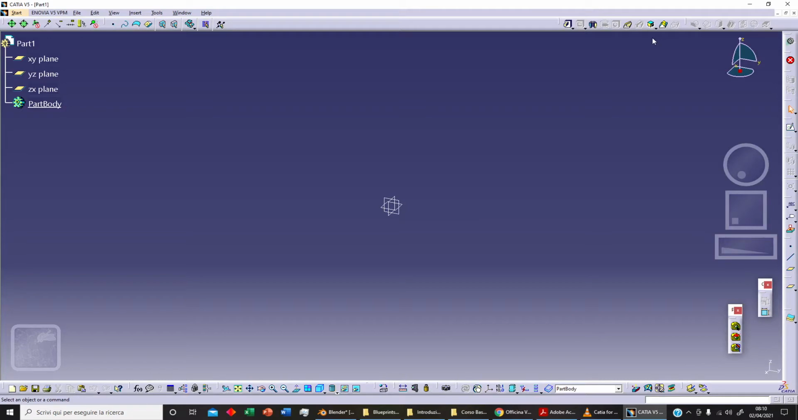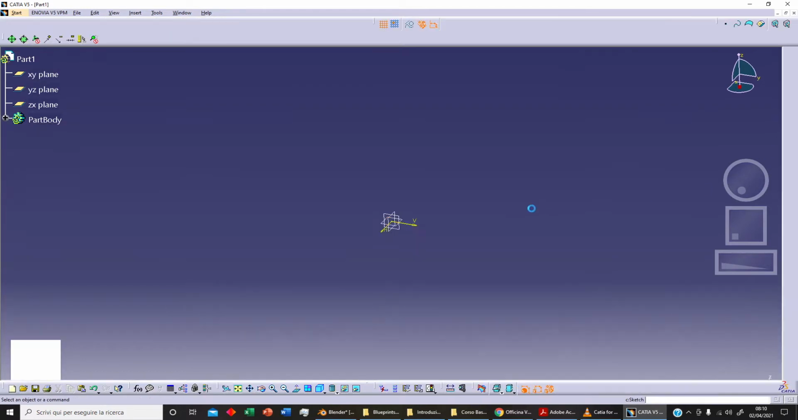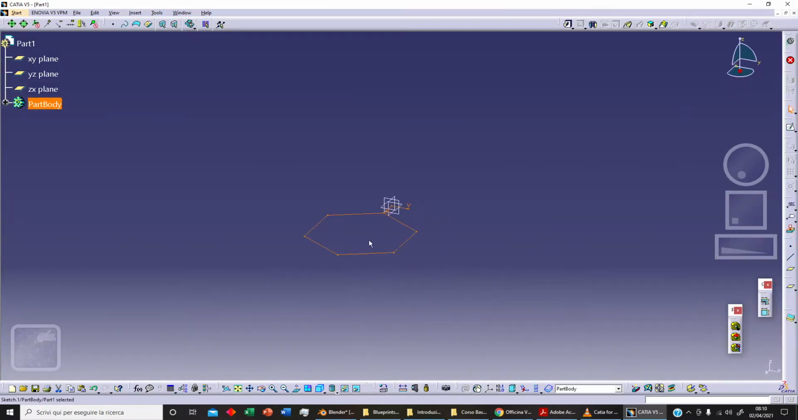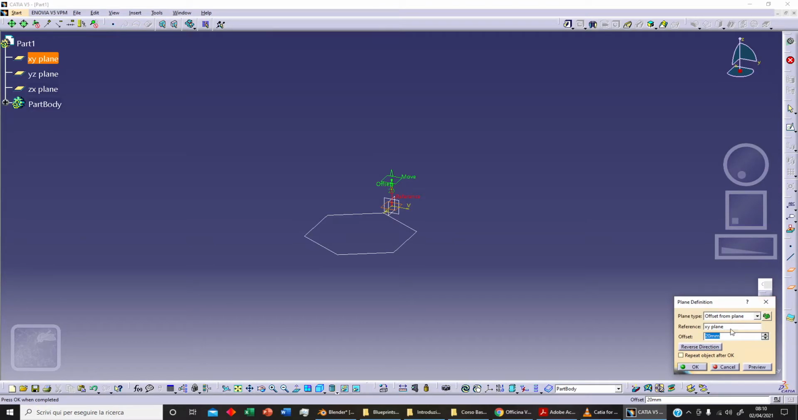Clearly we need two different sketches. For example, we can sketch something on this plane. And for example, let's sketch a hexagon. And we need a second sketch. For example, we can select our YX plane and obtain an offset from plane, let's say 100, and let's click